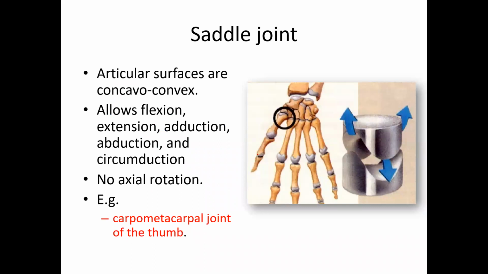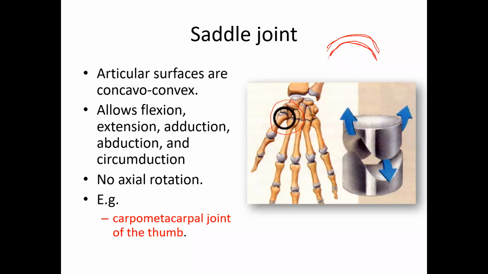Right, so then coming on to a saddle joint, here what happens is the surfaces become convex. One becomes convex, one becomes concave. All right, so like one surface is like this and the other surface is like this. Okay, concave or convex, the articular surfaces of each bone, right? So the typical saddle joint is the carpometacarpal joint of the thumb, right? If you look at books, there may be other ones, but this is the typical saddle joint, which is seen in the carpometacarpal joint of the thumb,